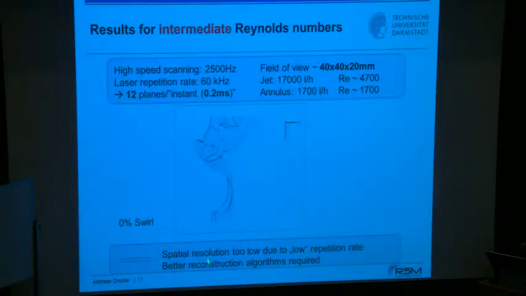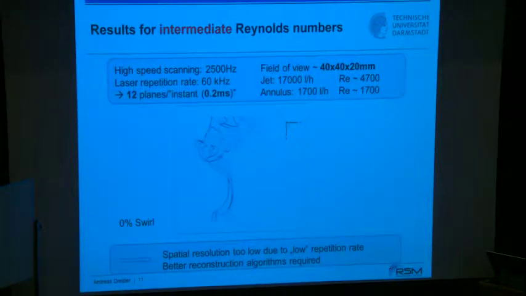So still, you would say it's nice to see, it's a nice demonstration, that's clear, nothing really complicated about it, but the spatial resolution is too low because the repetition rate of these devices, of the scanner, is too low. And so you need better